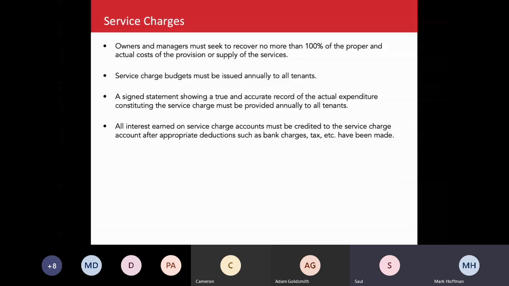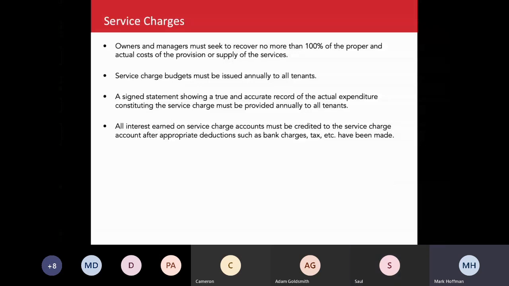Well, the answer is that it was always traditionally based on the floor area, or the weighted floor area, if it was a shopping centre, for example, or rateable value. The service charge